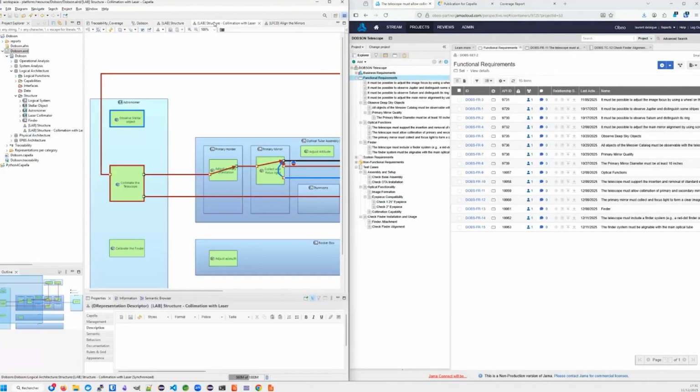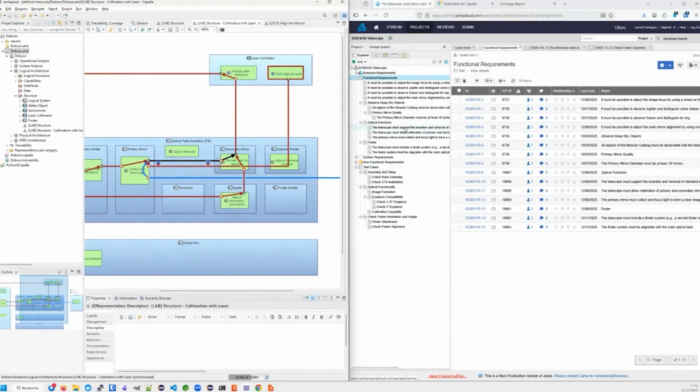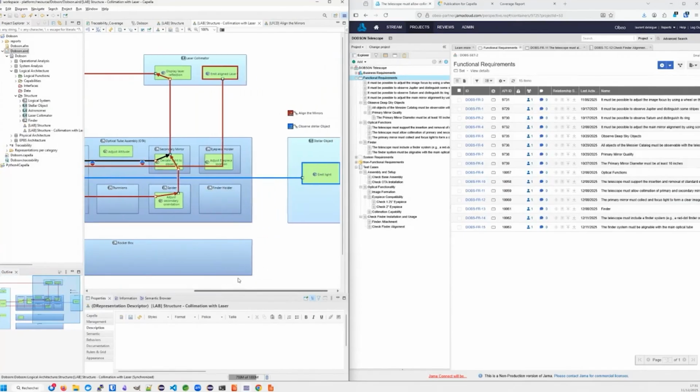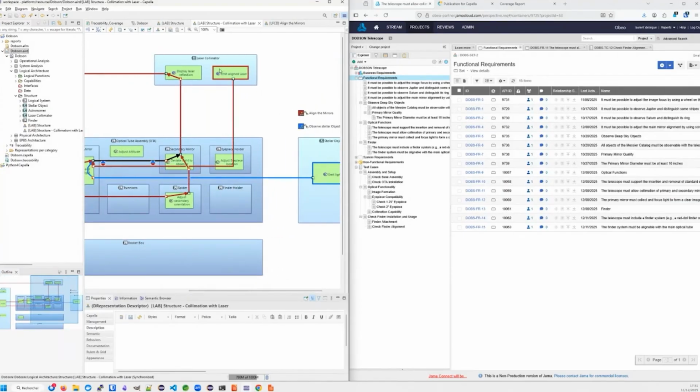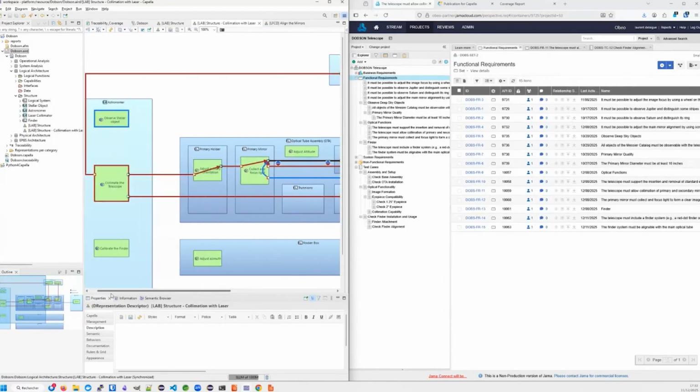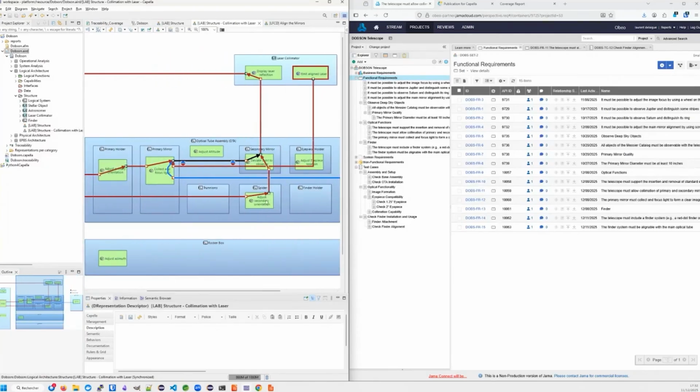So let's imagine that I'm working on the collimation use case. I want to explain that we support the requirement that says the telescope must allow collimation of primary and secondary mirror, this one. Okay, so that's DOPS FR11. I want to trace that with the fact that this is described exactly in this diagram, how we support collimation using a laser collimator. The laser emits light, and it makes it possible to adjust the positions of the mirror to collimate the telescope. So basically, the features are that we need to link to this requirement.